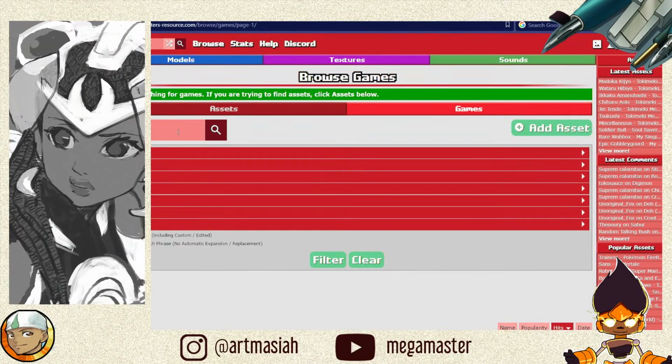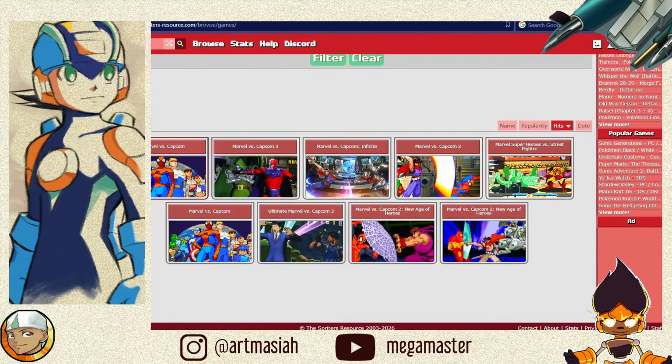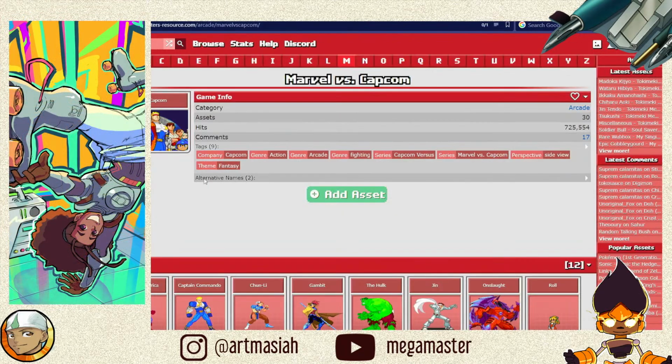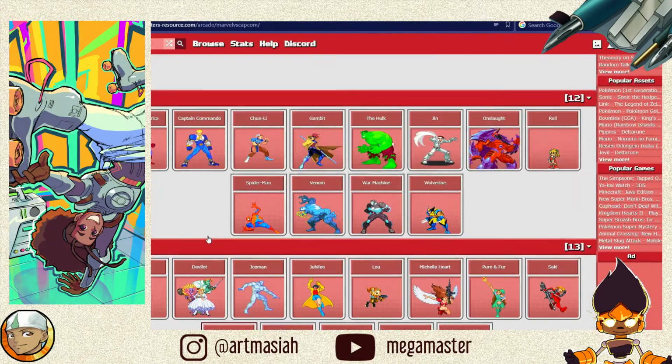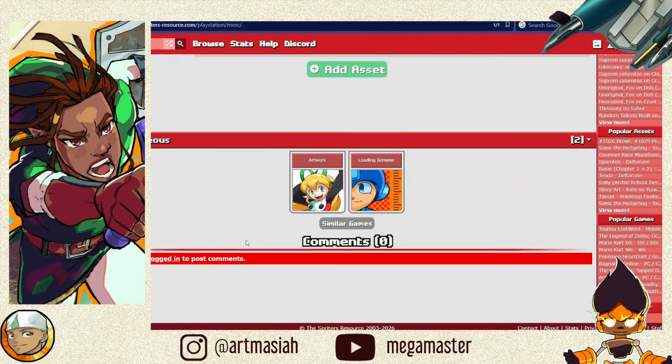Let's try Marvel versus... There's 2 Marvel vs. Capcom here, which is interesting. But anyways, I want the backgrounds from the first one because they were actually sprites.